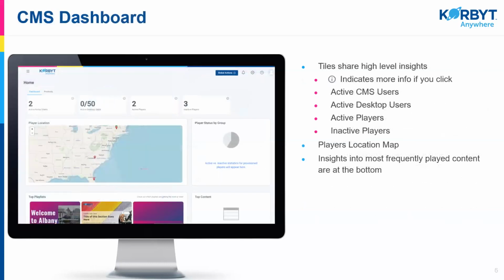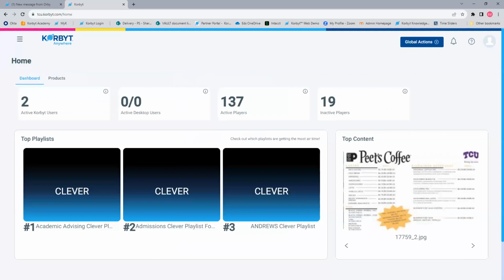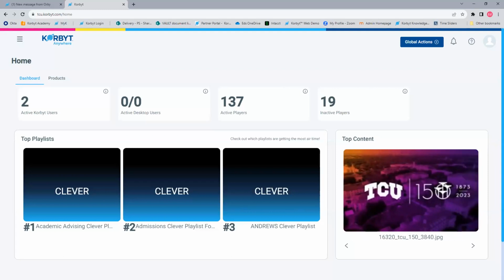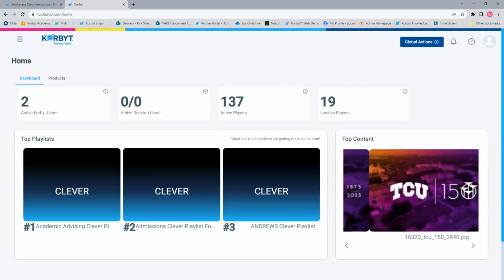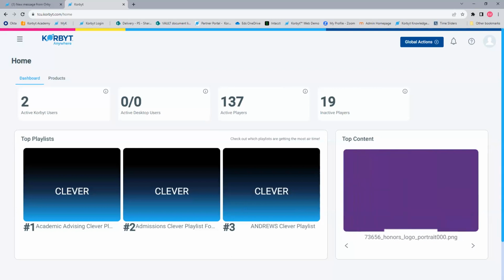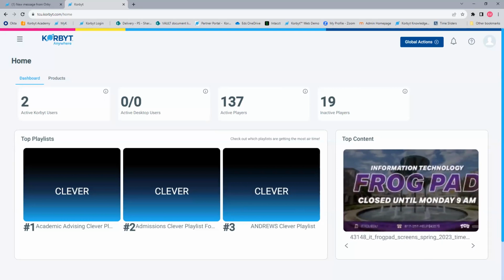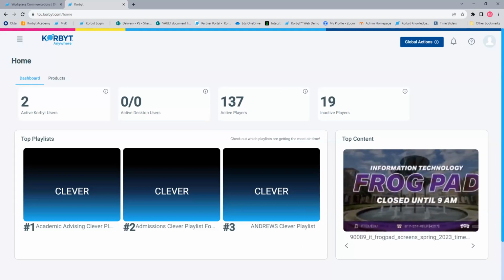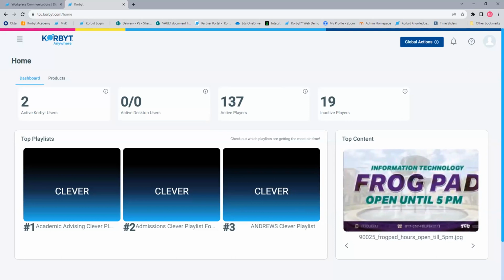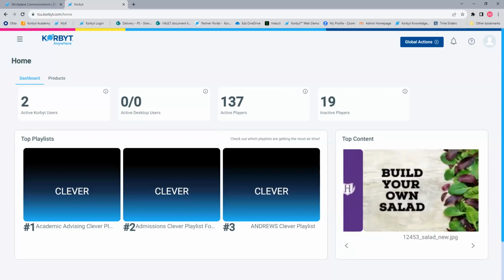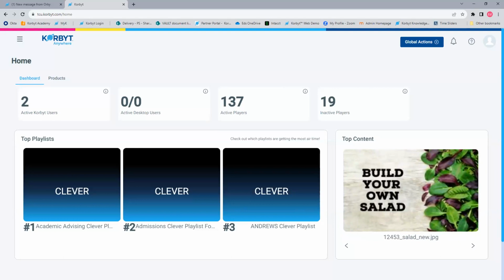When you log into the Korbyt system, you'll be looking at a dashboard. And I'm going to pivot now to your dashboard. So this is the TCU Korbyt Tenant. I am currently viewing it as a content approver, which is the role that I believe most of you will have in the system. Your role in Korbyt decides what you can and can't do. So if you feel that you are limited in what you need to do to achieve your communication goals, talk to your IT department about what you need to be able to do. It might be a case that your role is not quite fine-tuned enough in the system.